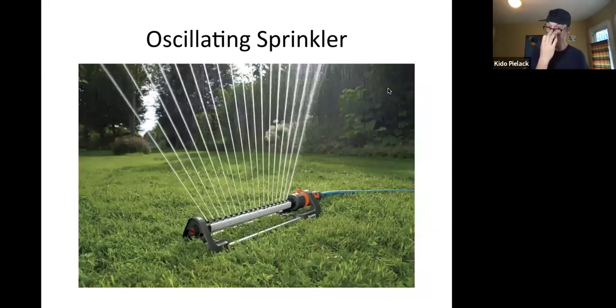Here's another common watering option, the oscillating sprinkler. This is a very convenient way to water a garden, but it's very non-specific. You can see it's on a lawn here. I think these were designed more for lawn applications because it's intended to cover a large area. And there are ways you can adjust it, you can see those little orange tabs closer to the hose at the top. You can adjust those